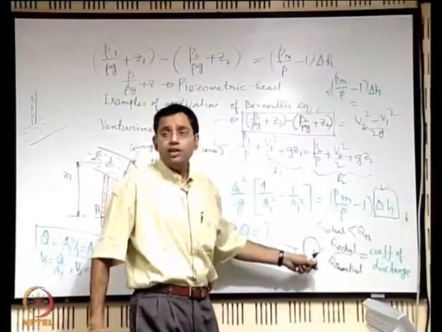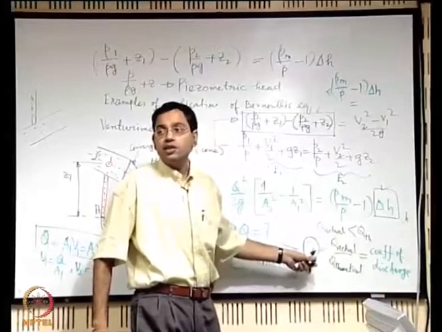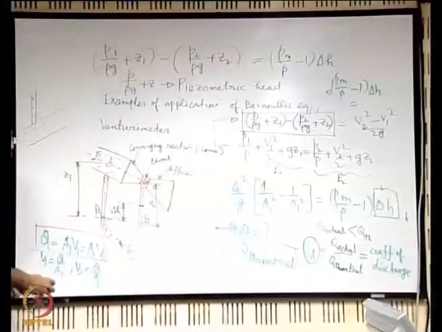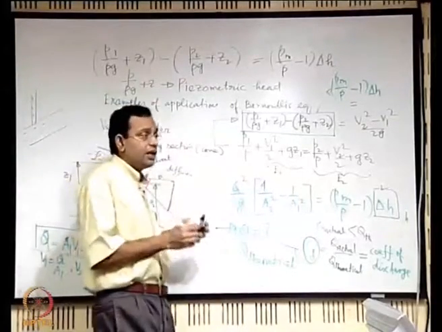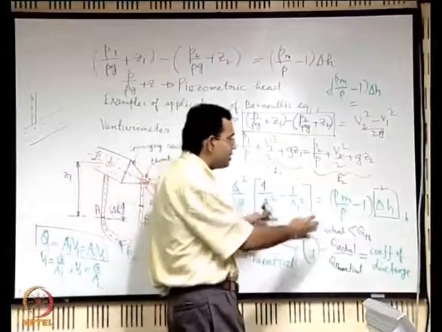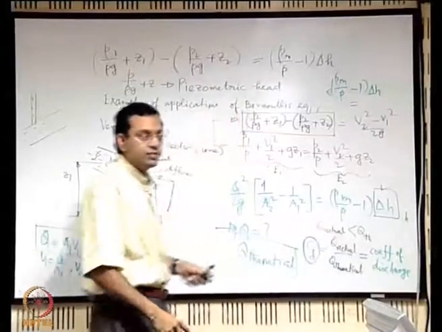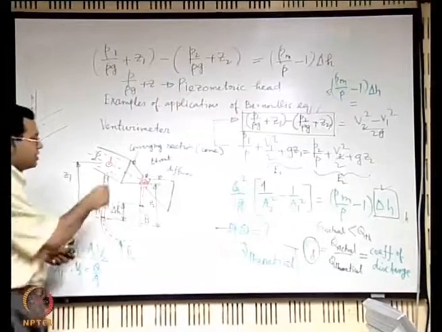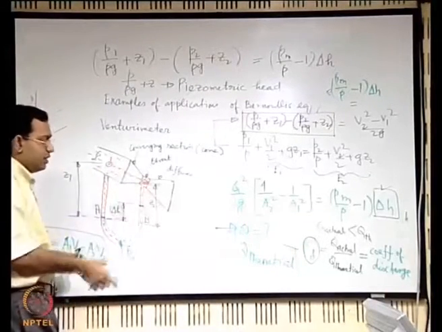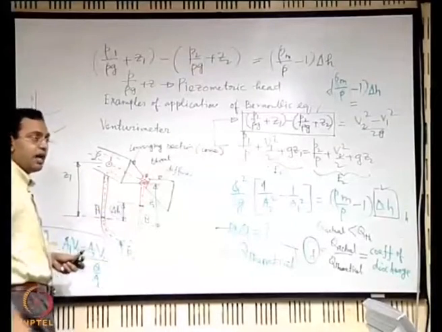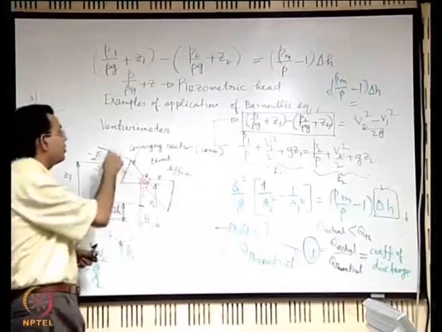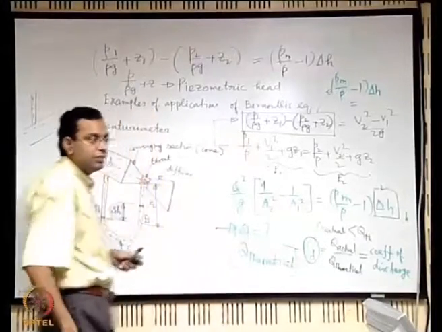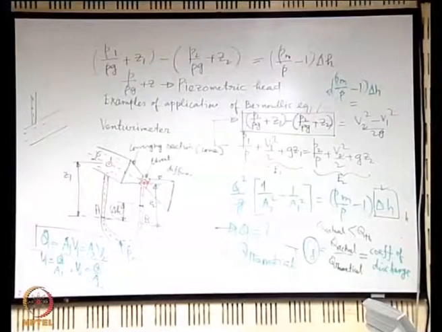So, deviation of this from 1 represents the extent of non-ideality in the flow, and not only non-ideality in the flow in general, but more specifically how that non-ideality has got manifested in the prediction of flow rate. That means what is the total influence of this friction in terms of the delta H, and what is the influence of the inaccuracy in the velocity distribution that has already got inbuilt in the corresponding expression for energy.